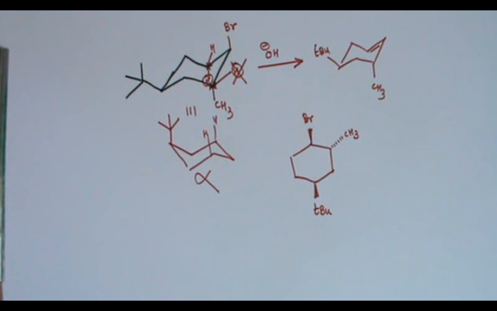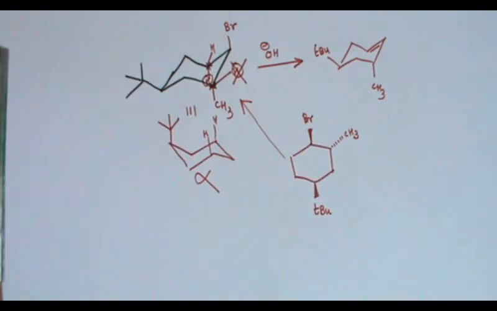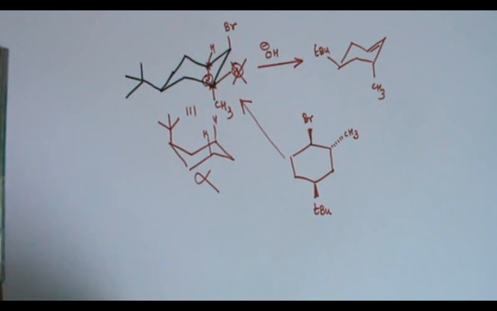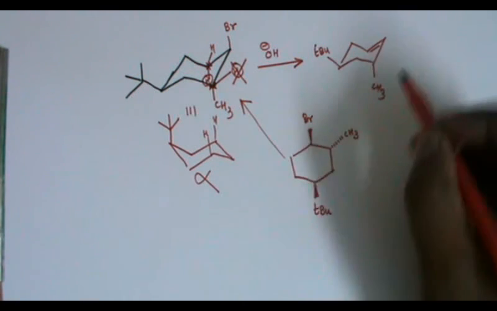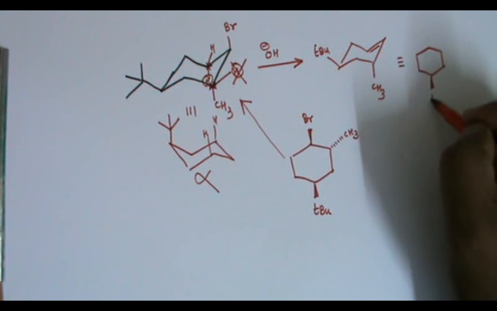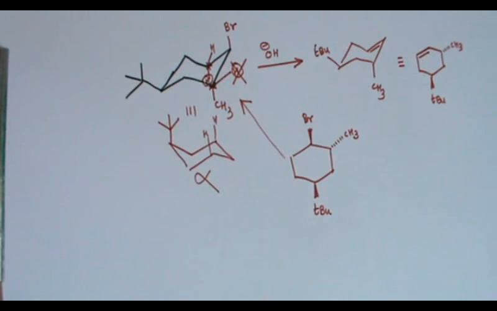If it is written like this, then it will be somewhat difficult. First you have to convert this into this format. Then you have to predict the product. If you try as such, there may be some possibility of getting the wrong answer. So when it is given in this format, go for the more stable conformation. From that you try to predict. So this is equal to this, so this is still there, tertiary butyl is there, this CH3 will be there, and this one. So this is the product.